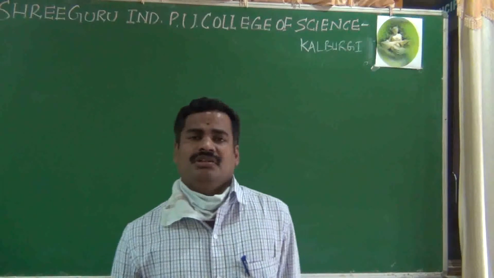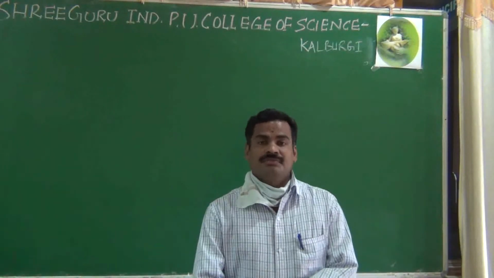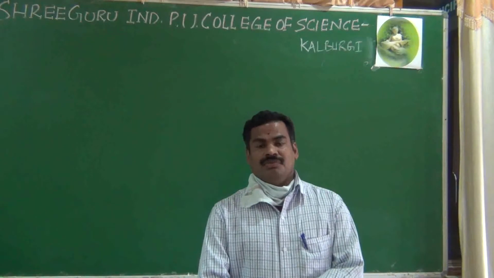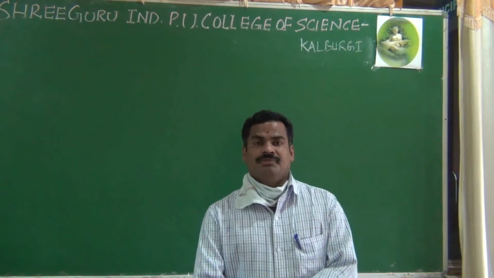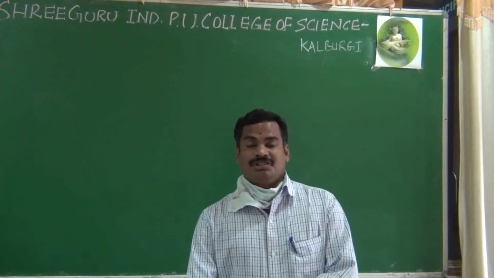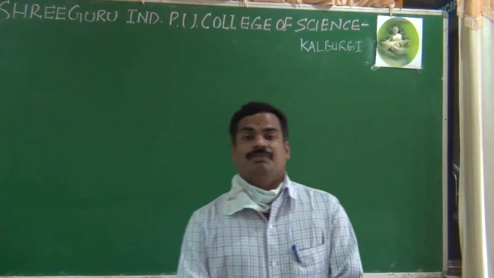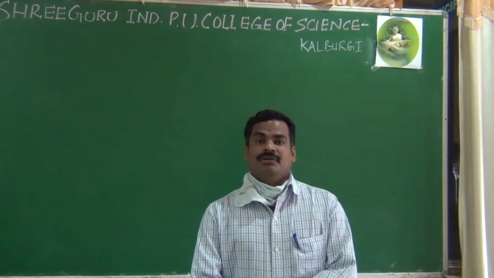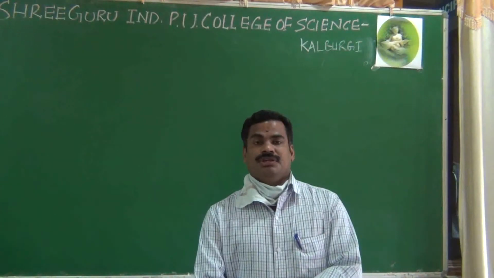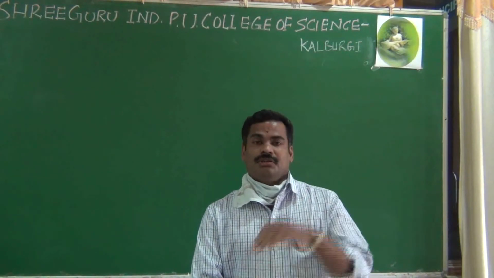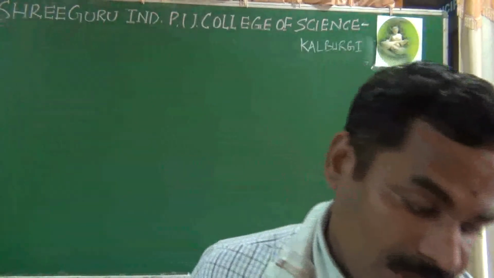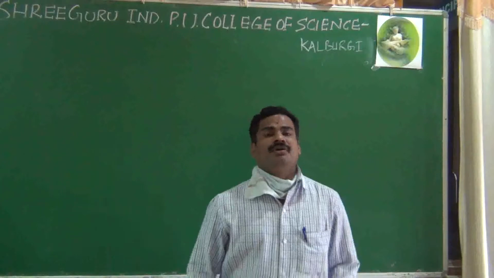As I said in the last class, from the exam point of view this carries more marks, maybe 10 to 11 marks on transistor amplifiers. They may ask a 5-mark question: explain the construction and working of the common base amplifier, or of the common collector or common emitter amplifiers.